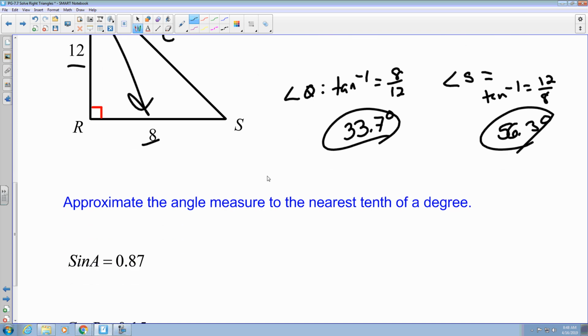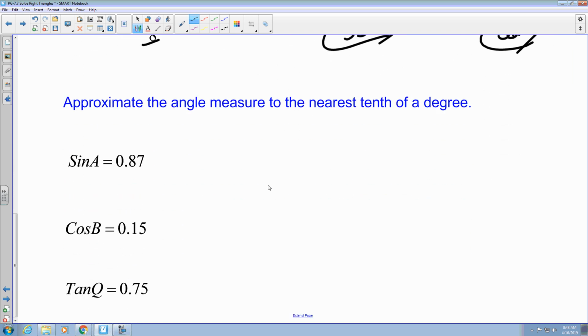All right, so last thing here, they want us to approximate angle measures to the nearest tenth of a degree. If you have a value sine A, that means we're trying to find angle A. If you had a triangle, and it had A as one of the vertices, you're trying to find angle A. Well, they're telling you that sine of A equals 0.87. So to find the angle, you're simply going to take the inverse sine of 0.87, and that gets you a value of